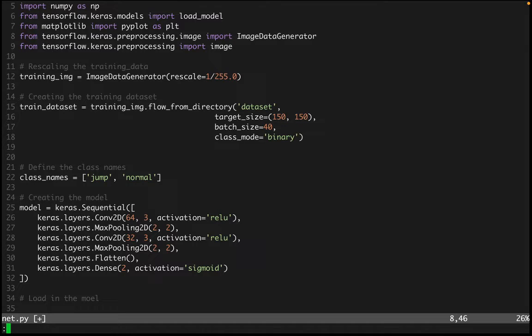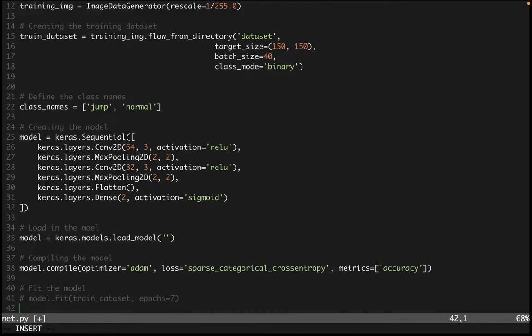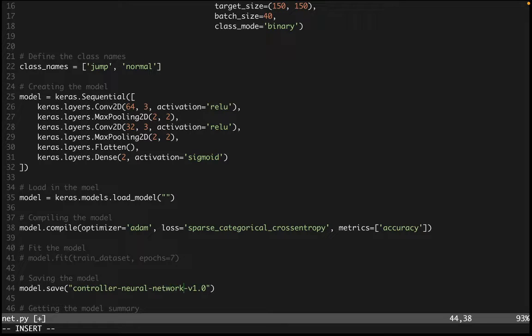Now we can just go to line number 35 and simply say model is equal to keras.models.load_model, and we can simply pass it this model name. So we can just yank it